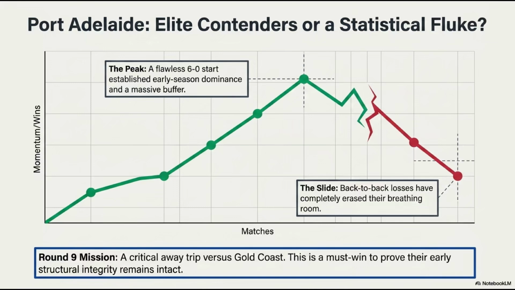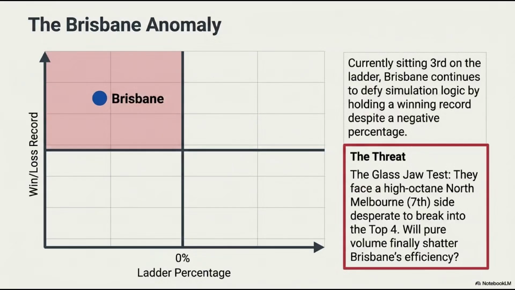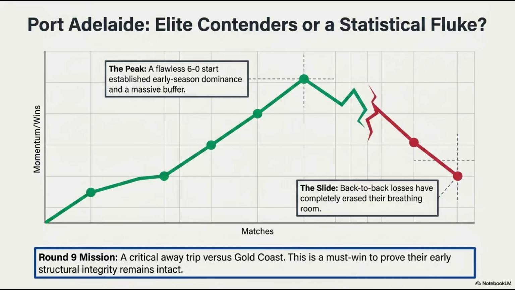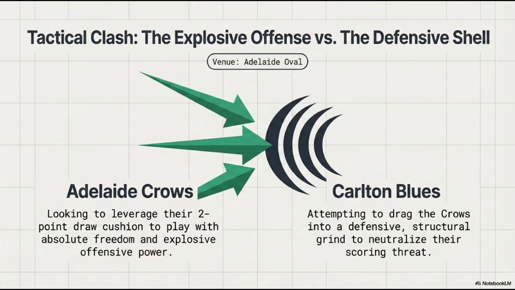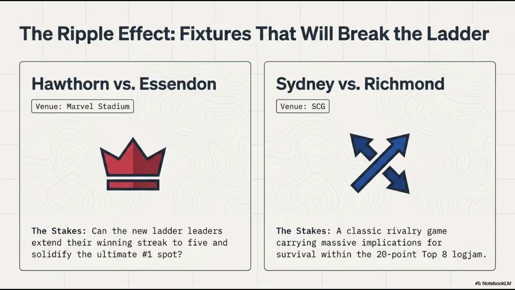Man, so Brisbane is really living on a razor's edge, but just below them, in 4th place, we have Adelaide. And Adelaide has this incredibly unique advantage built into their season. They're sitting in 4th, and they have a 2-point cushion simply because they're the only team in the entire simulation so far to register a draw. Which is huge. Draws in this format are exceptionally rare, making this another massive statistical anomaly that just changes the entire landscape of the standings.